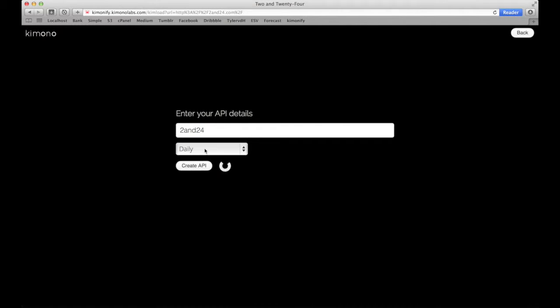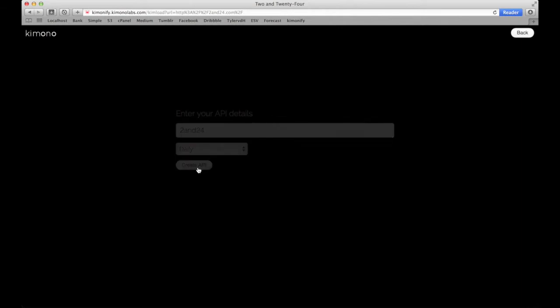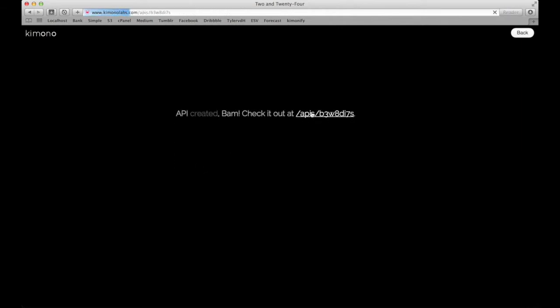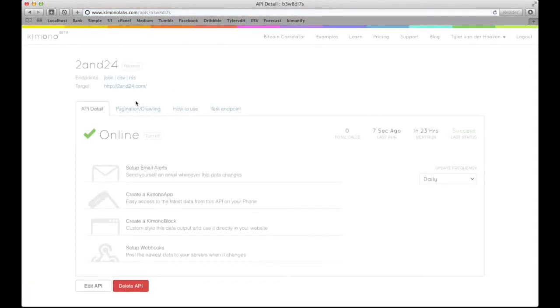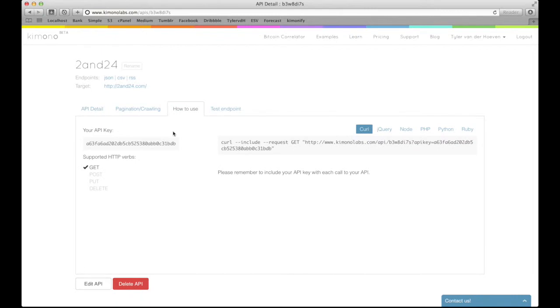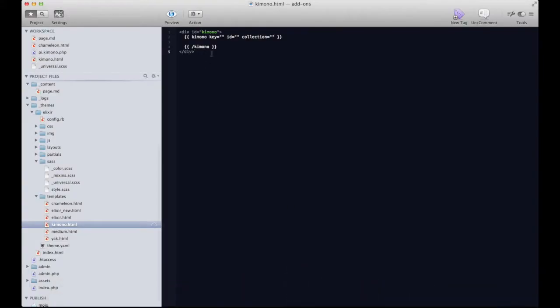Refreshes itself daily, and we'll generate that API. Go. This will take you to the profile page for our API. We're going to go to How to Use. We're going to copy our API key, which we're going to go in here now. So this is the Kimono API tag pair key